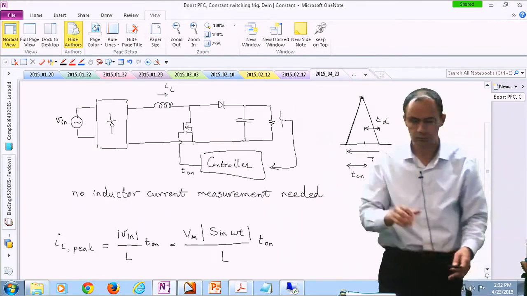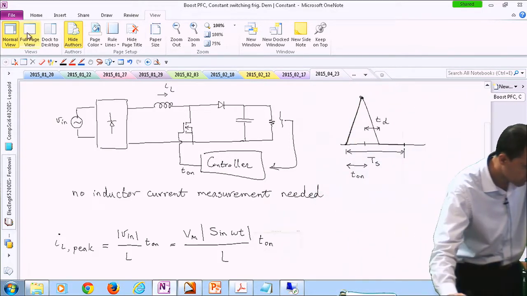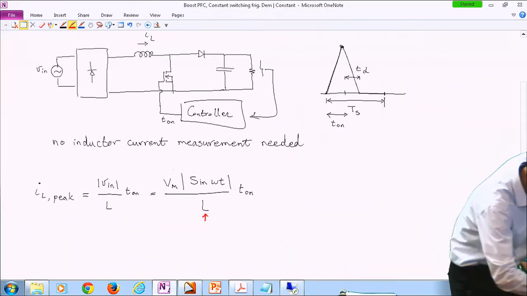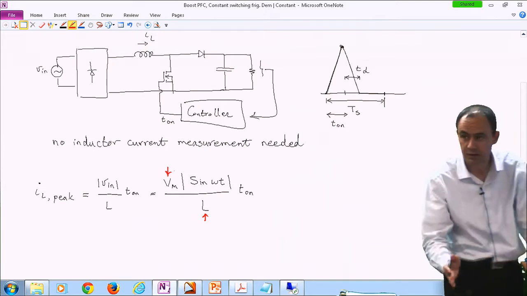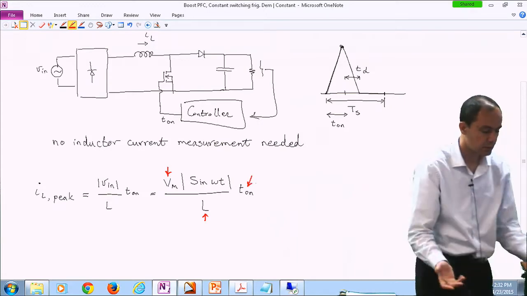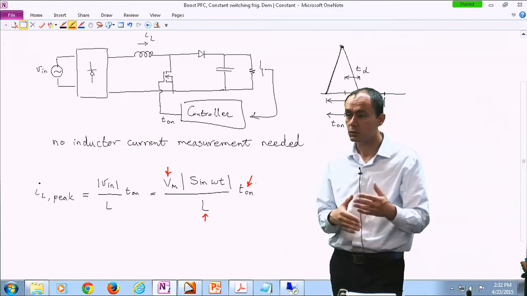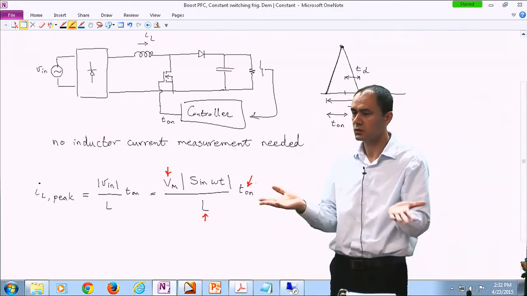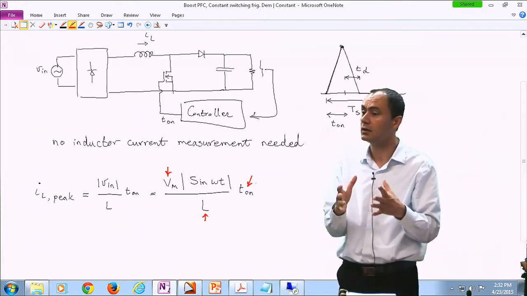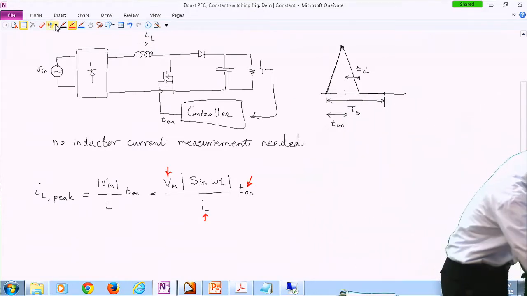So as you can see, the inductor value is constant. So this term is constant. This is almost constant. Peak value is like 110 times the square root of 2. We are keeping T on constant. And so technically you can see that the peak value of the inductor current is proportional with some sine function. So that's what we wanted. I mean, we wanted the inductor current on average to follow a sine, but here it is the peak value that is following the sine. So the conclusion is